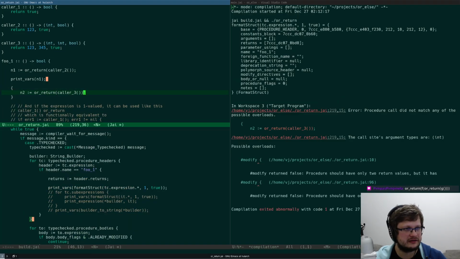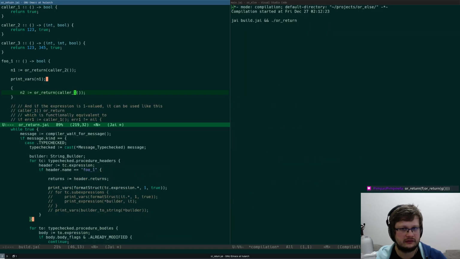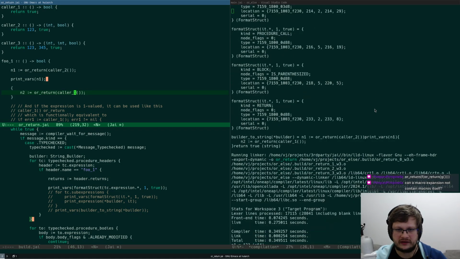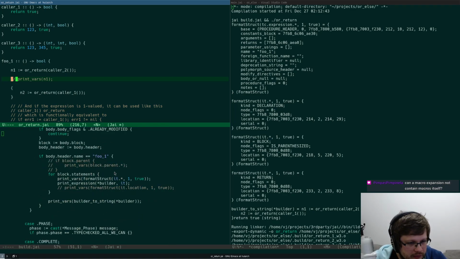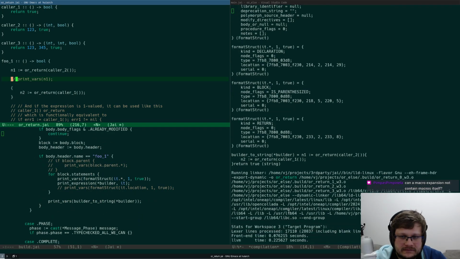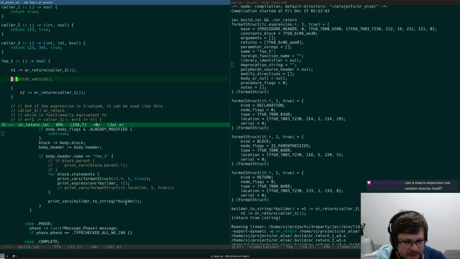Yeah, it didn't match because, let's do color 1. Right, so print vars or return color 2. Oh, it actually worked. Let me remove comments here so it doesn't leak.